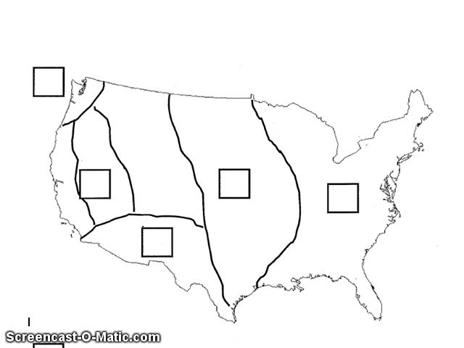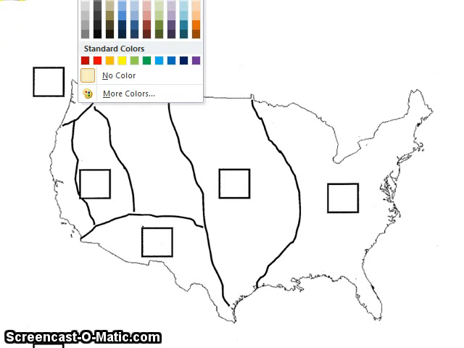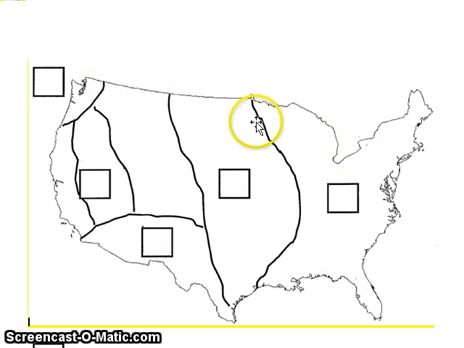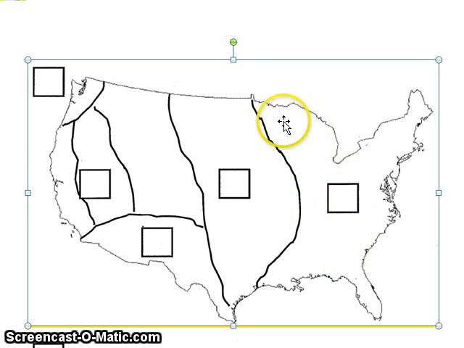Alright, now I mentioned earlier that we were going to color in the Eastern Woodland region of our map. You're going to have to listen very closely to this. I'm going to try to fill it in for us, but I'm not 100% sure that it's going to let me fill it in the way that it needs to. The Eastern Woodland region was right here in this area over here on the side. So you'll see where the cursor is moving. That's the region that I'm talking about. If you will, color this section right here yellow.